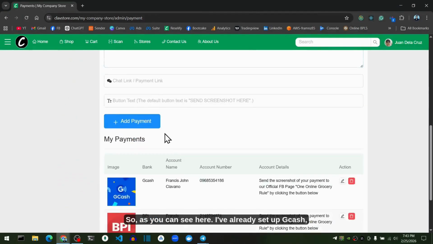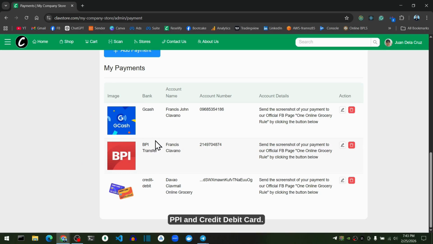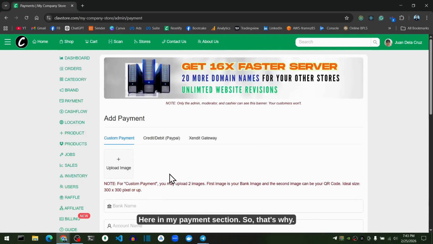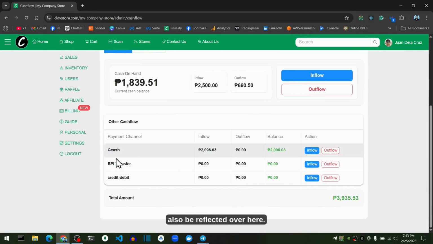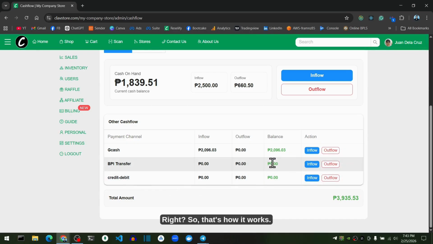As you can see here, I've already set up GCash, PPI, and credit debit card in my payment section. So that's what other cash flow will also reflect over here. That's how it works.